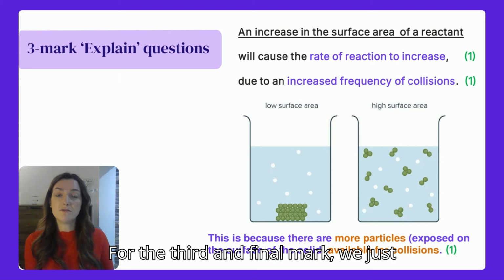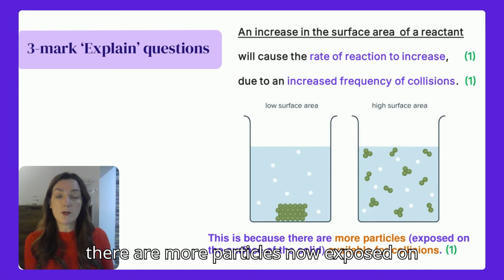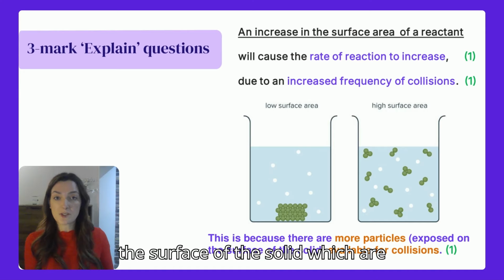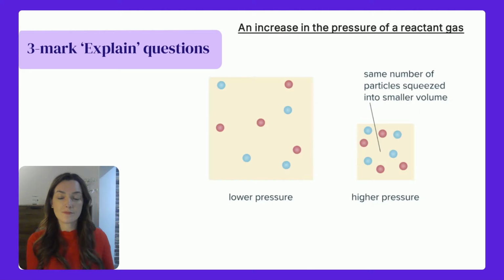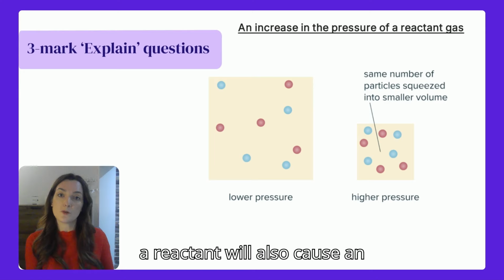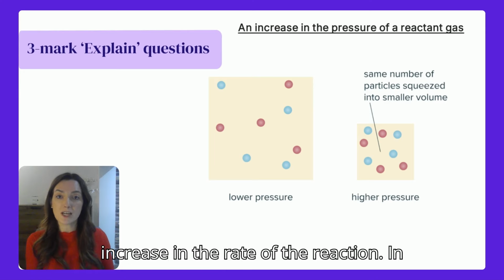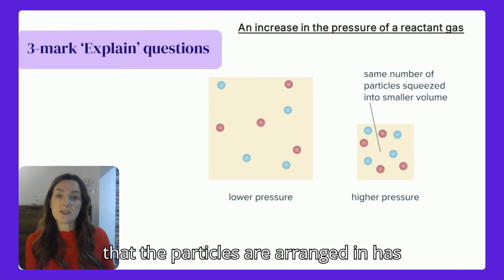For the 3rd and final mark, we just have to explain that this is because there are more particles now exposed on the surface of the solid which are available for collisions. An increase in the pressure of a gas as a reactant will also cause an increase in the rate of the reaction. In the diagrams, you can see that the space that the particles are arranged in has become